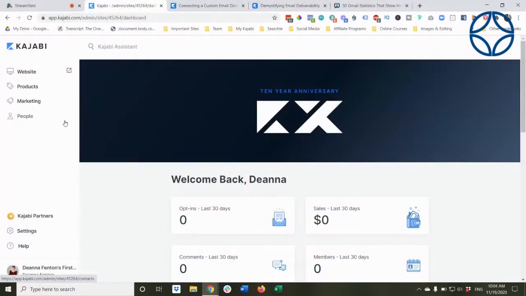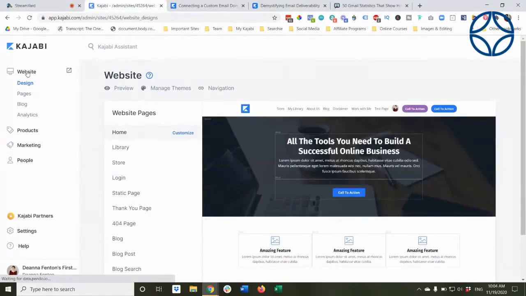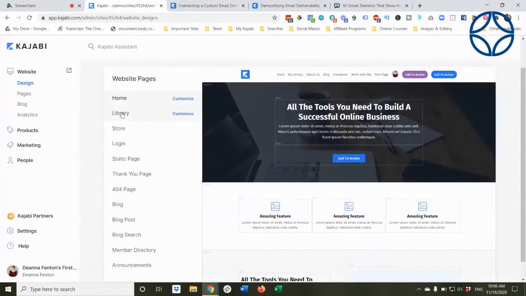When you log into your Kajabi site, we've always had this area here called website. The website allows us to design these website pages. Now, I'll have to tell you, not everybody's going to use all of these pages necessarily. Now, when we get into some of these other areas, this is where things become different. And I'm going to jump ahead to the blog.